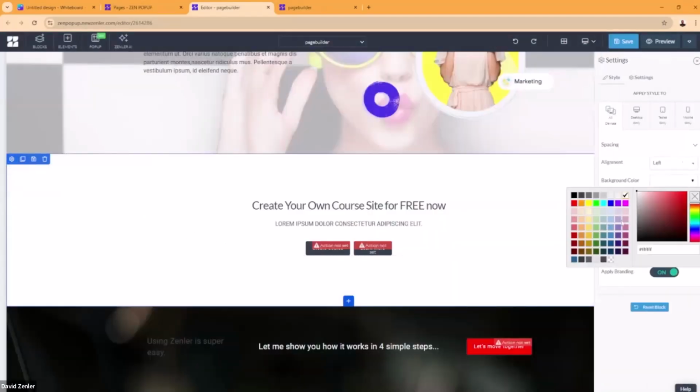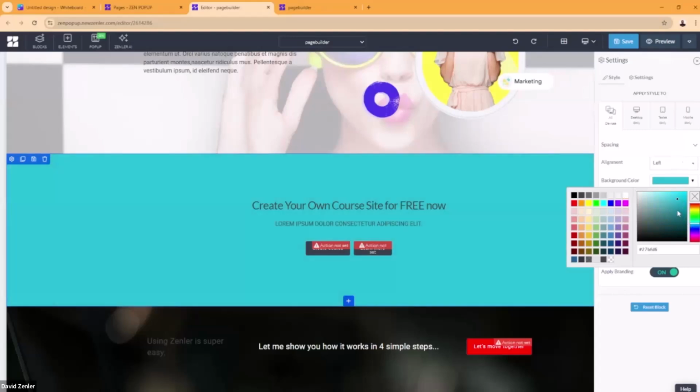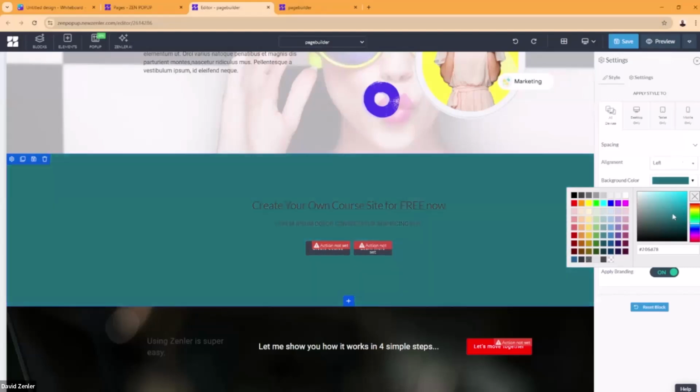So if I choose a nice little color there, by the way, guys, inside here you can select this little range and you can drag and you can move the color around. So you notice as I move this color around, I'm clicking and holding the left mouse button and I'm dragging this around. I'm just dragging it so I can find the exact color I want. I can also put a hexadecimal number in here to totally match that color.